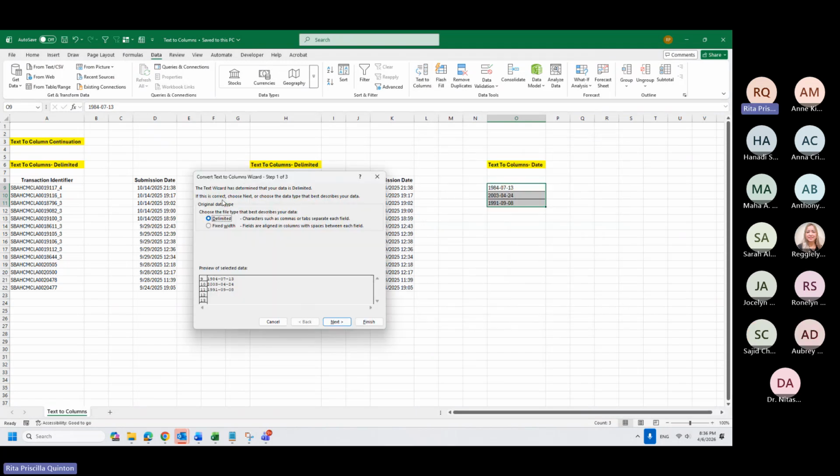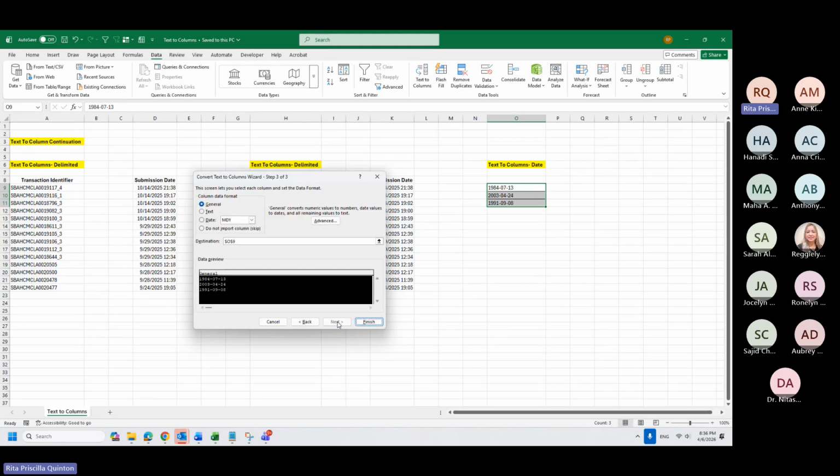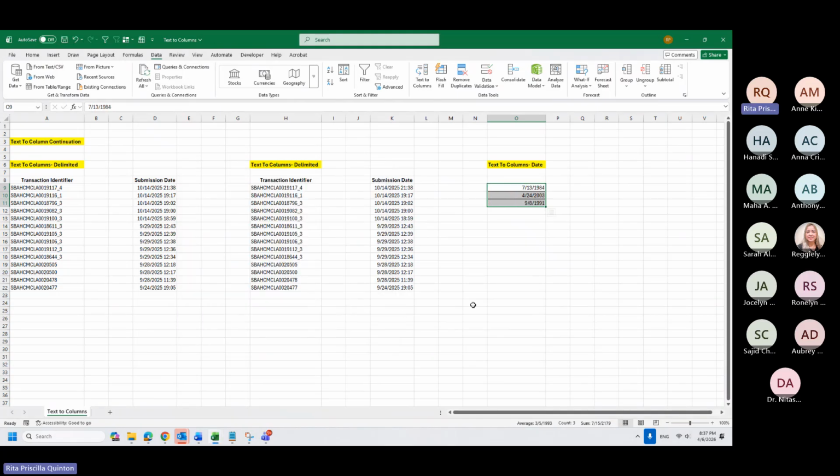No matter what you click here, it's fine. I go with Delimited. Next, next. And on the date, yesterday we had MDY, but see now our format is here: year, month, day. So I will click this, click Finish, then Control Shift 3 to make sure that it's correct.